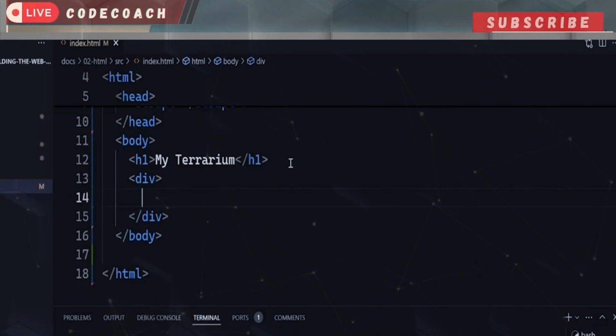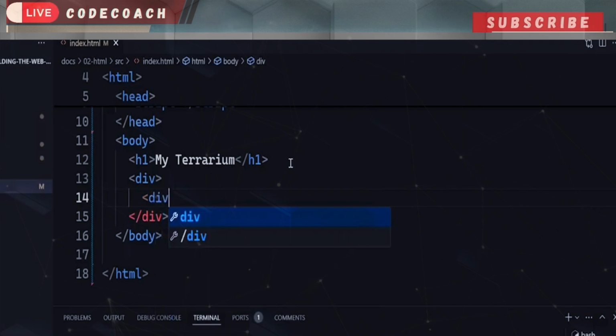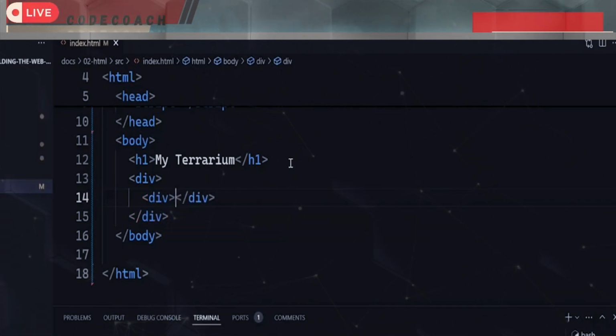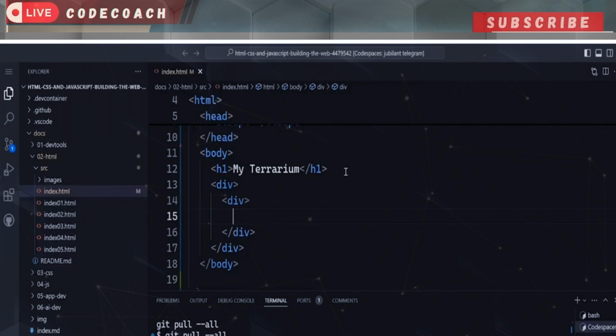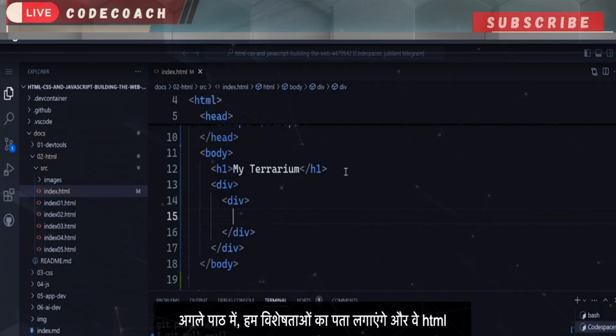Let's further organize our content by adding another container for plant images. Inside the main div, we'll add another div element. This will serve as a placeholder for our plant images. Grouping elements using div allows us to maintain and style similar elements together, making our HTML more organized and easier to maintain. And now, we've added the basic structure and elements for our virtual terrarium. In the next lesson,